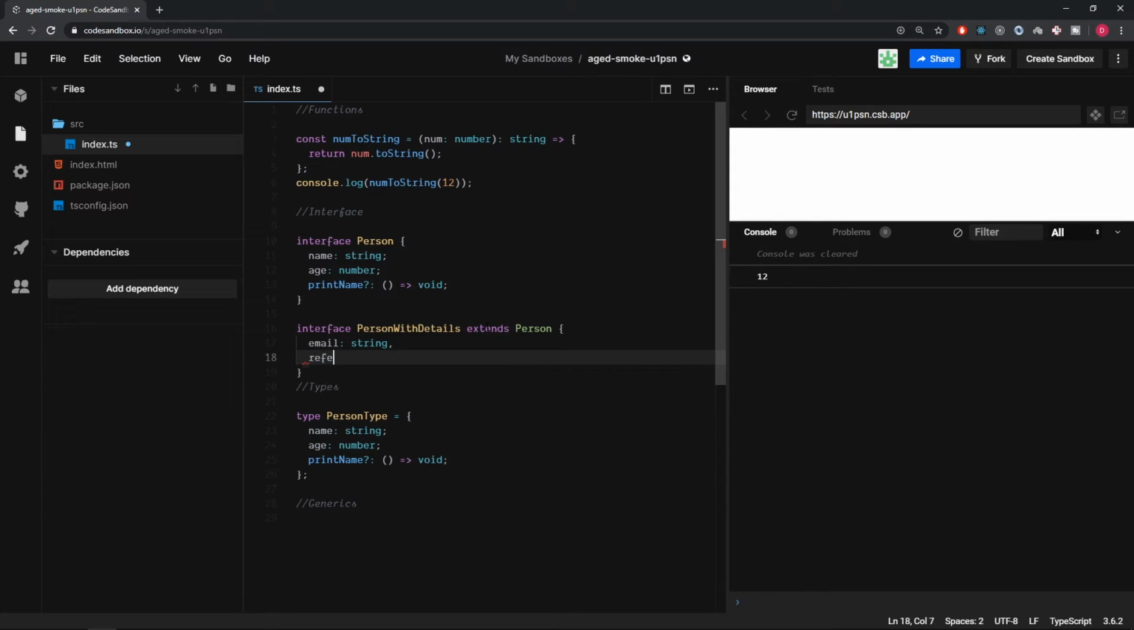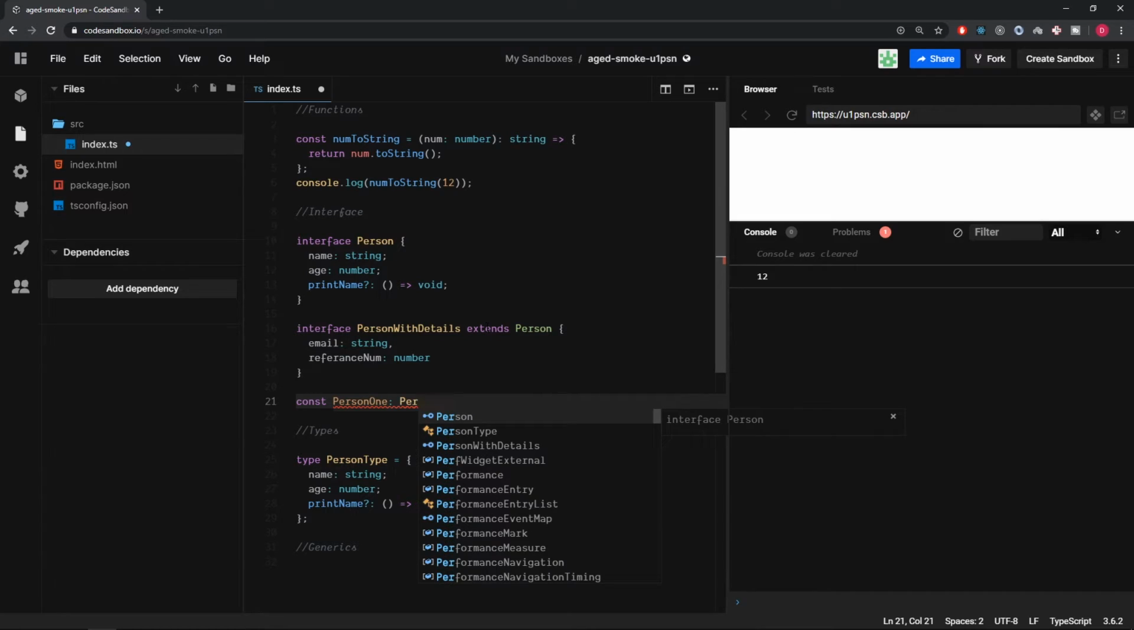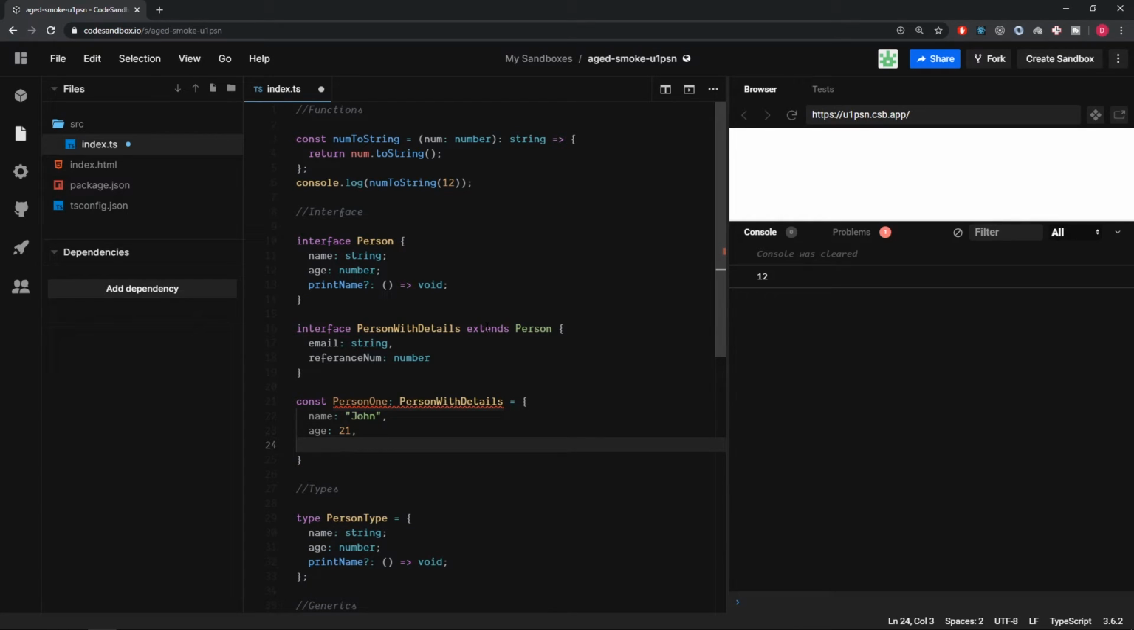reference number, which is just a number. So now if I was to create a person and give this the type of person with details, here we would need name, John, we would need age, 21, we don't need the print name, that's optional, but email is also required,